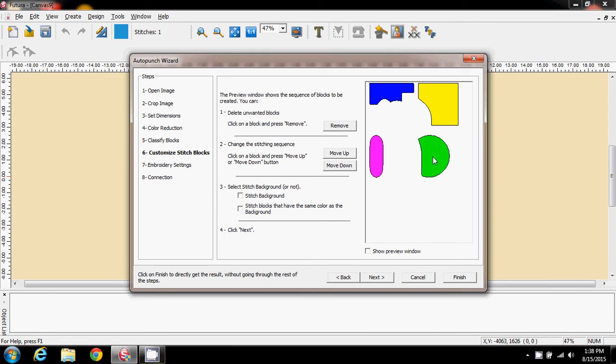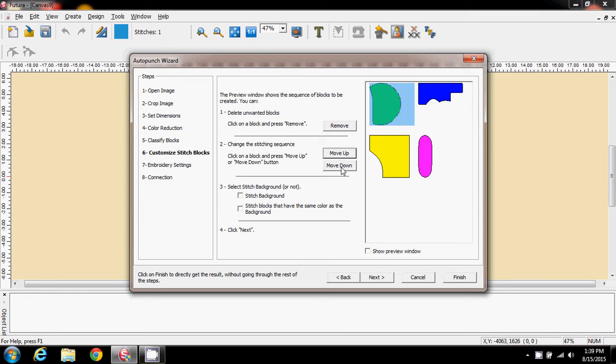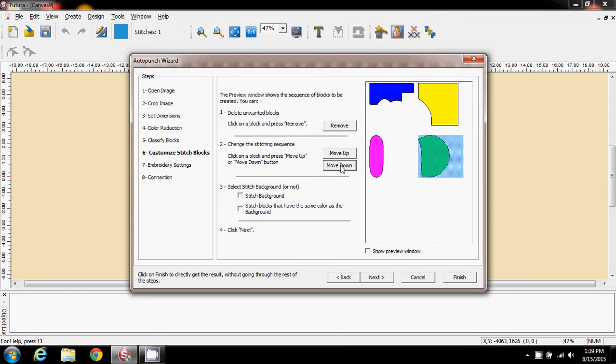If I wanted to stitch out the green first, I don't know why, I can select it and then say move up, move up, move up, or move it back down, down, down. So you can rearrange the order of your stitch blocks. On this particular design, it really doesn't matter, but when you start getting more complicated, then I probably spend more